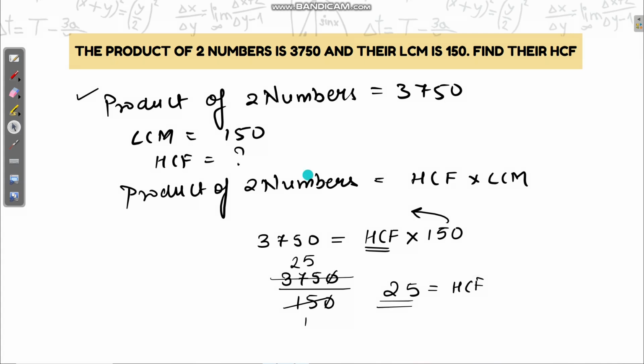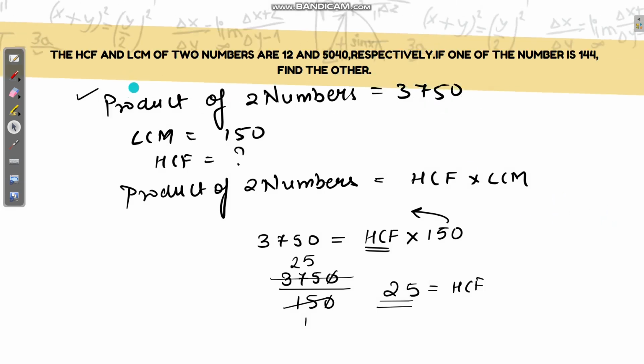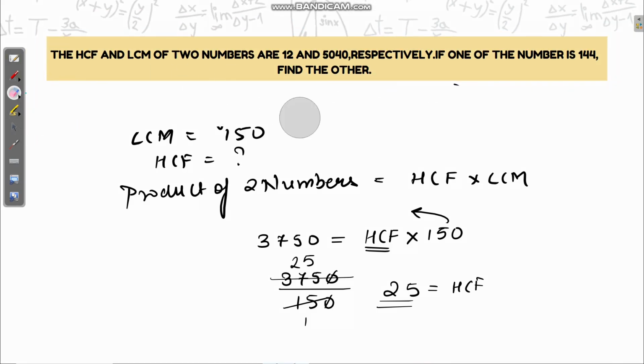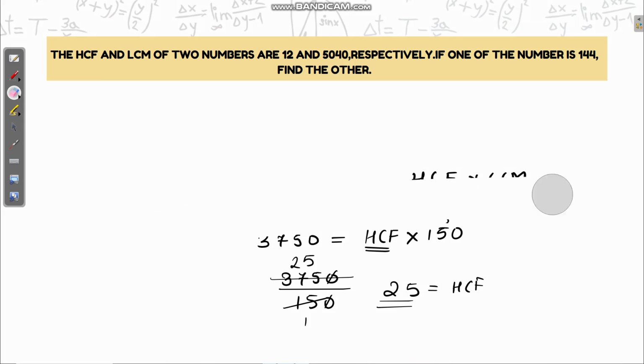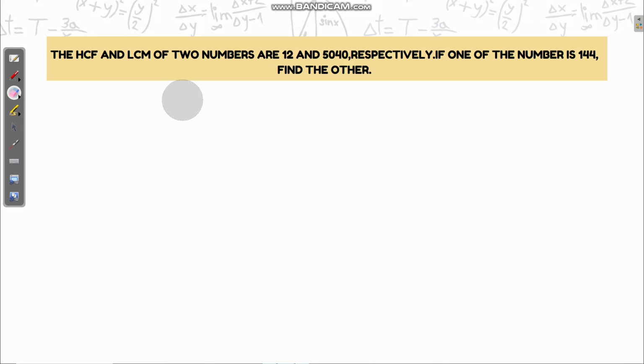Let's move on to the next question. We have to only use one formula, the relationship between HCF and LCM, and we can find many things. Okay, the HCF and LCM of two numbers are 12 and 5040 respectively. So now you have to pay attention. The first number is HCF because they have mentioned the HCF and the LCM. So the first number is HCF and the second one is the LCM. So I'll just write down HCF is 12,